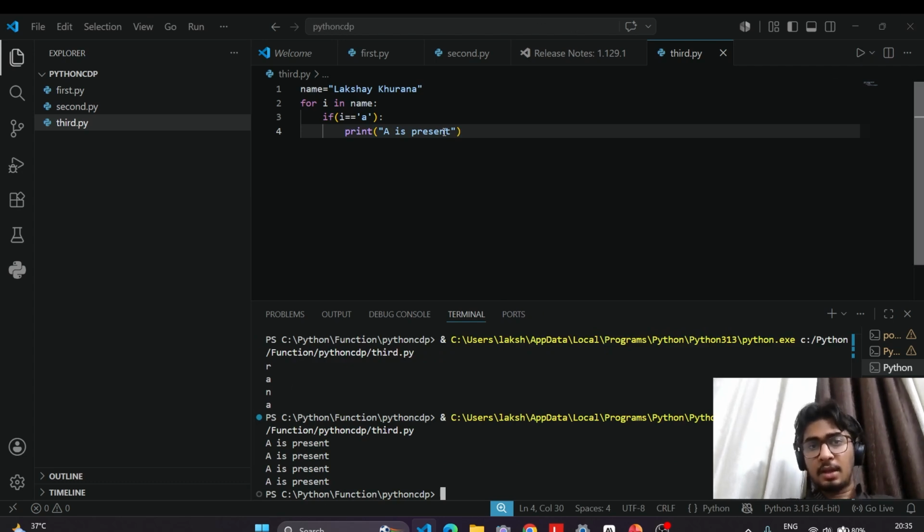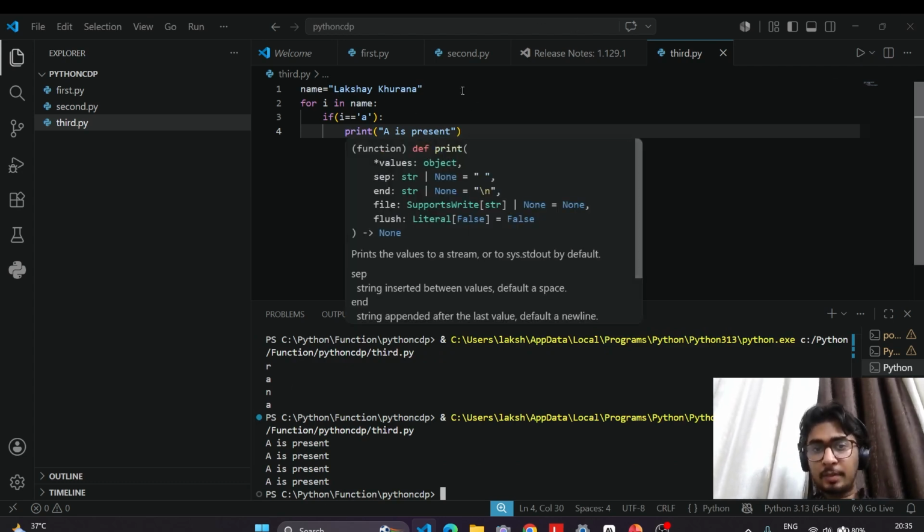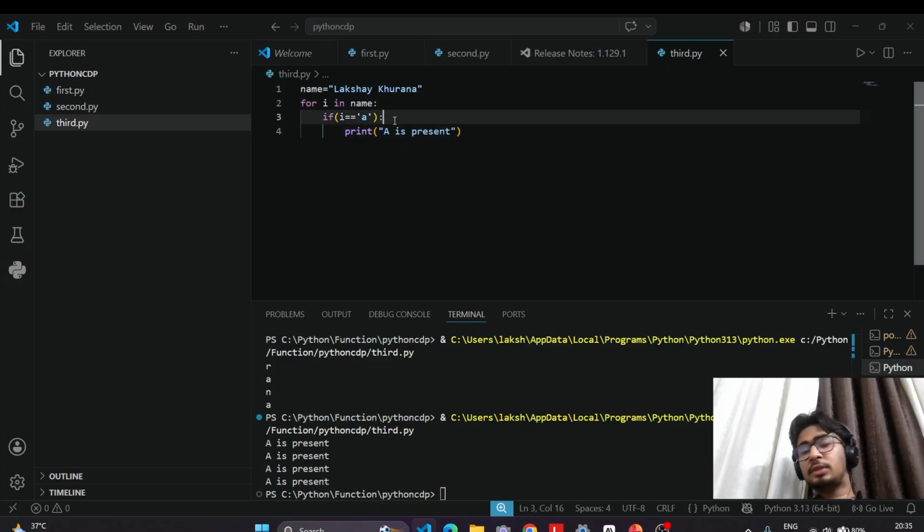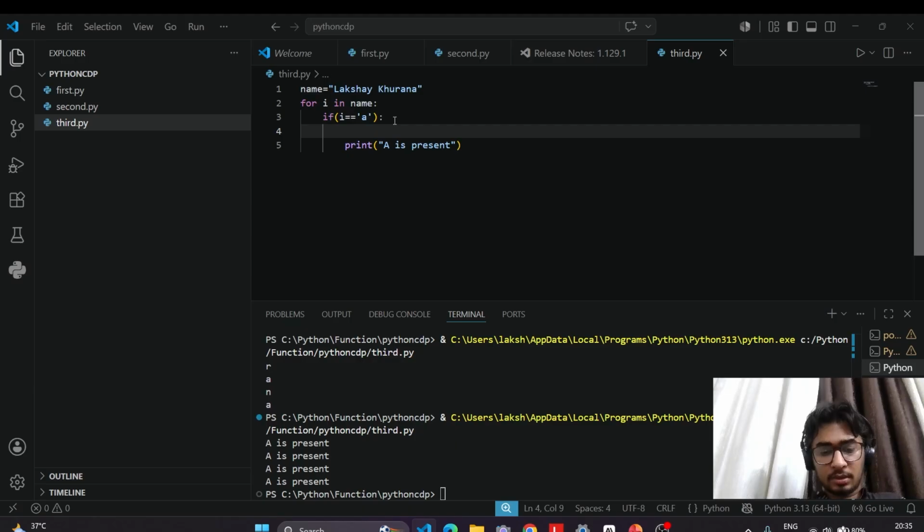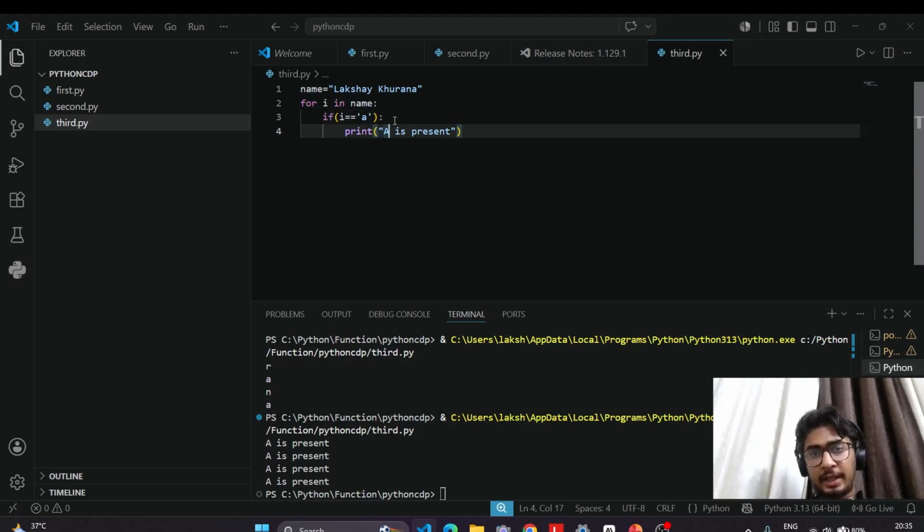So here we can see how much time A is coming, 1 2 3 4, so 4 times A is coming, so 4 times it will be printing. Suppose if we require only one time, it should print A is present, so we will use break here. If i equal to A, print A is present, then